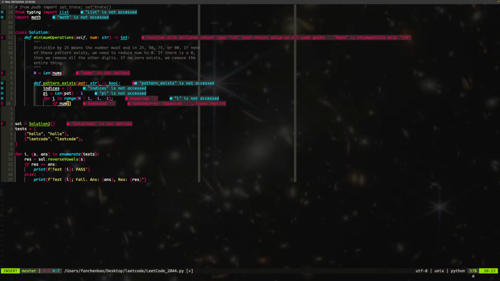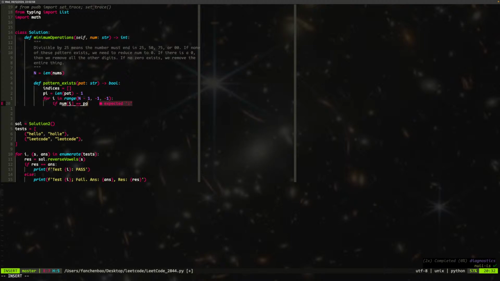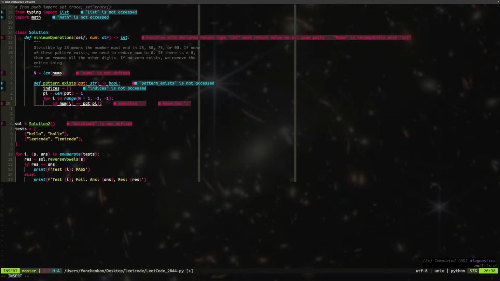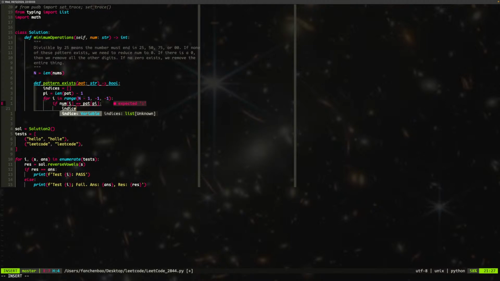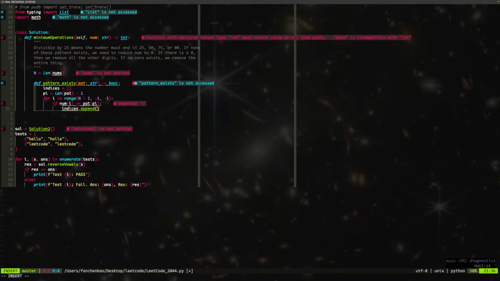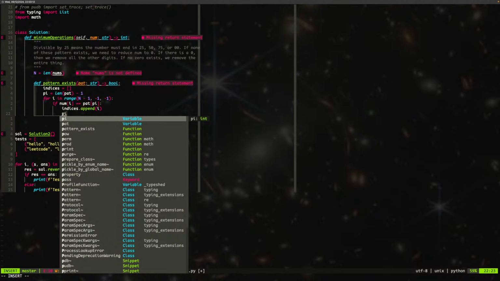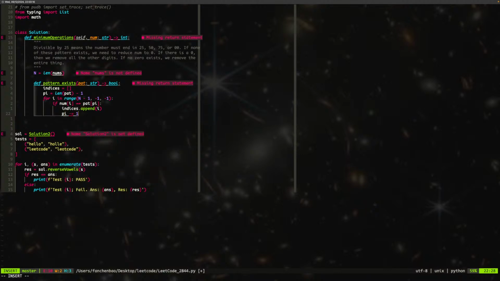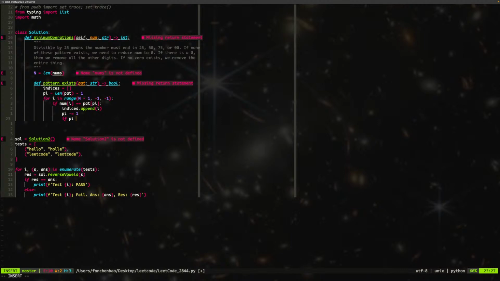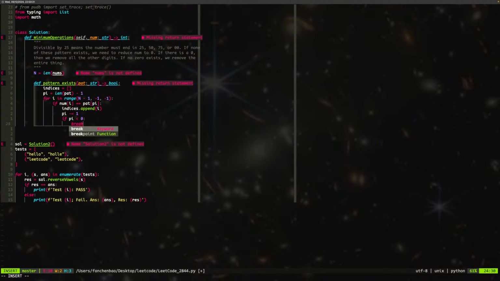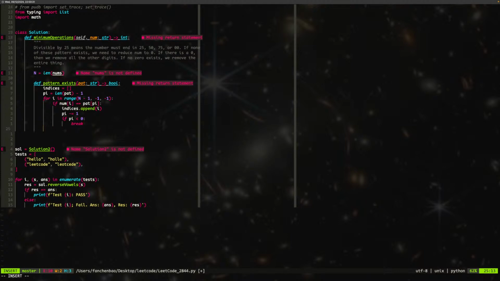If num i is equal to pattern pi, then indices dot append i, and pi minus equal 1. If pi is smaller than 0, we'll break. Right, pi minus equal 1, and otherwise just keep going until we find the second one. Okay, so when we get out, right,